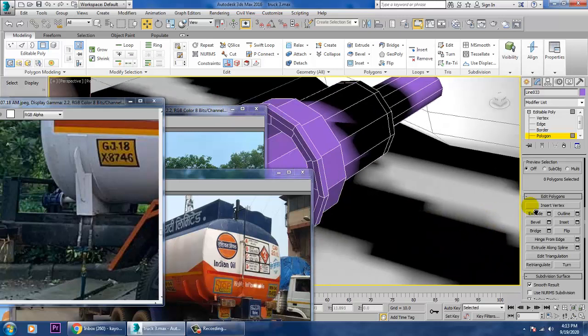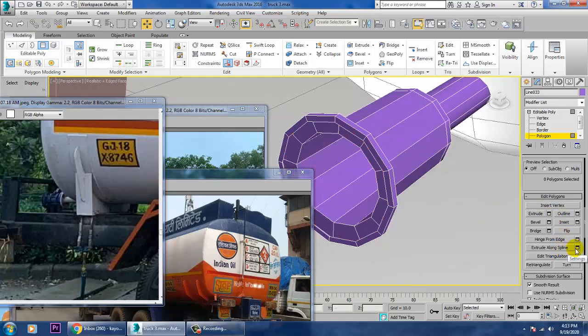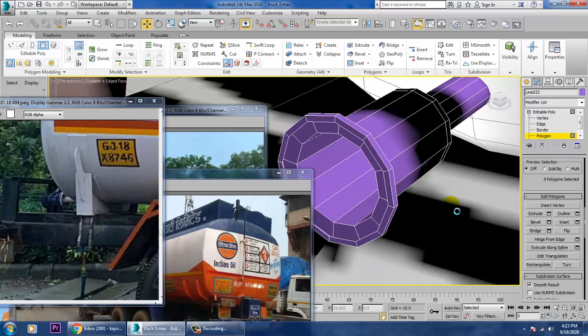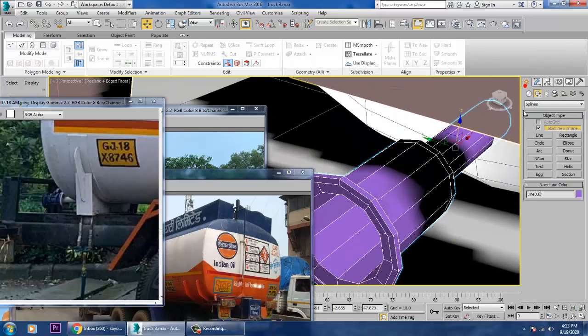Alright, or just delete it, much better. Save your file. Now we'll make a small kind of a tap over here.